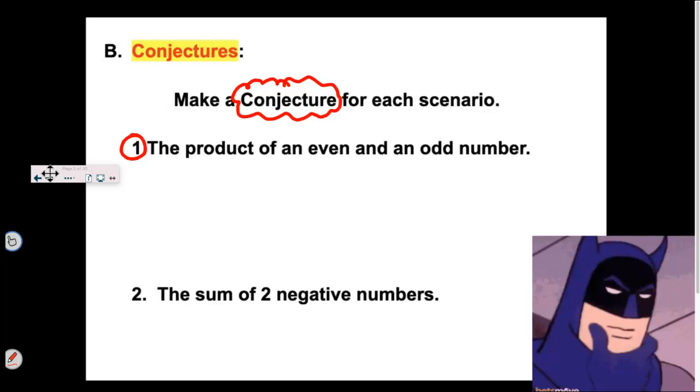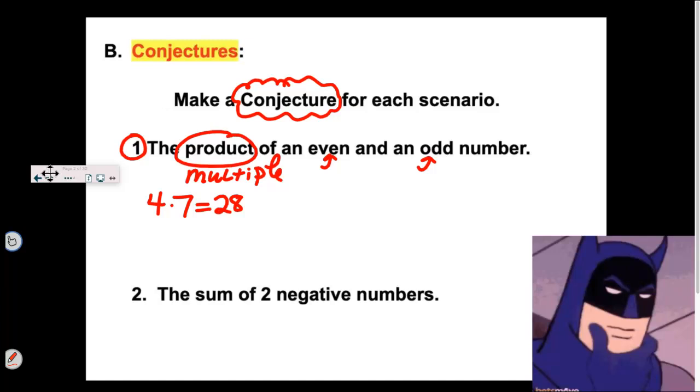So when you're given these numerical conjectures, you have to start writing out samples so that you can see a pattern. So in class, I said, well, you need to know that product means to multiply, so we have a little vocabulary in there. It has to be an even number, so those are our 2, 4, 6, 8, 10, 12, those, and an odd number. So I asked kids in class, I'd say, give me an even number, and somebody maybe would say 4. And they'd say, now give me an odd, and somebody would say 7. And I said, well, the product's 28. Right now, I can't tell you anything. I just have one sample.